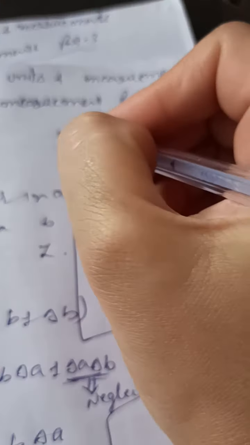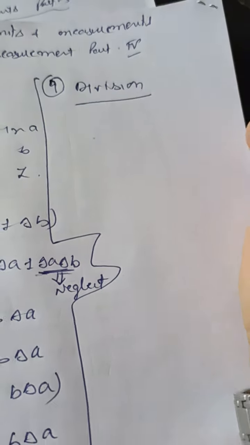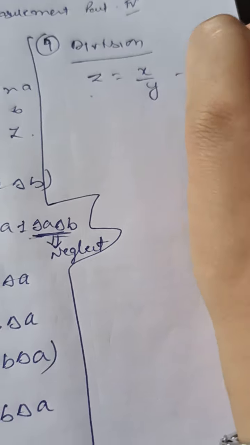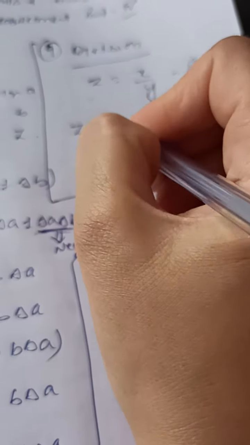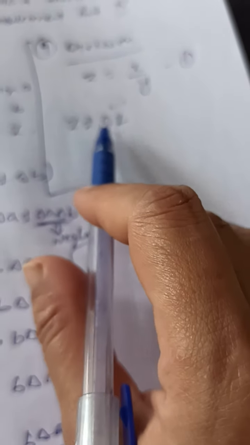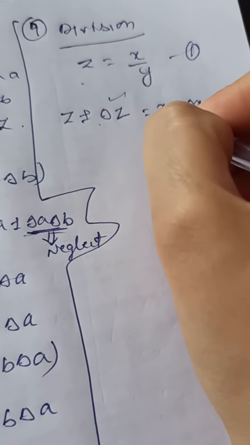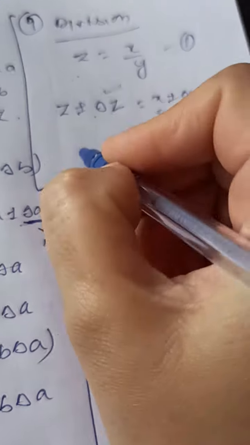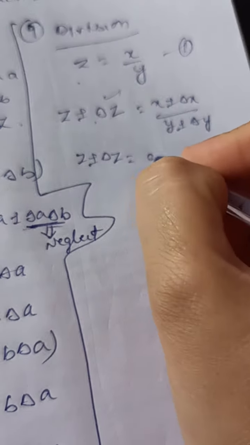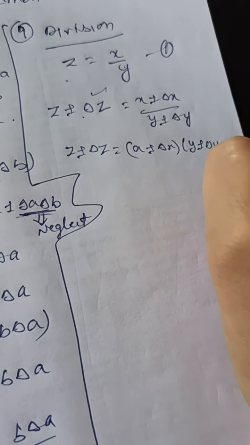Now next we are going to consider division. The fourth case is division, when we divide two quantities. Let us suppose we have two physical quantities x upon y. Now Z plus minus delta Z, where delta Z is the absolute error in the measurement of Z, and x we can write as x plus minus delta x upon y plus minus delta y. Z plus minus delta Z is equal to x plus minus delta x into y plus minus delta y raised to power minus 1.